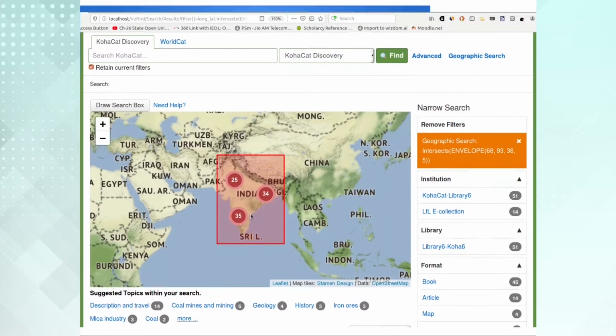So, the moment I select this geographical search envelope, it shows this many resources available with geographical data sets. That means either MARC 21 based data or Dublin Core based data. Here you can see we have collected data from Koha and DSpace.